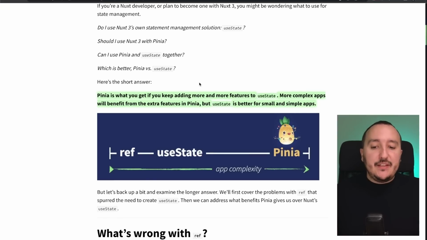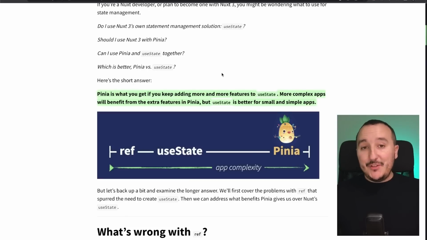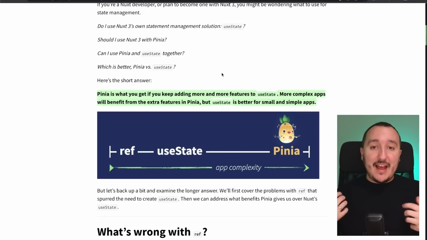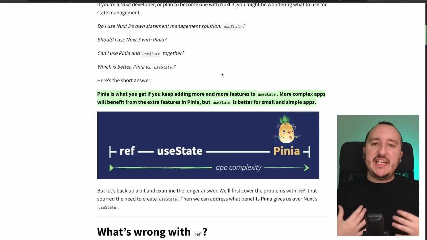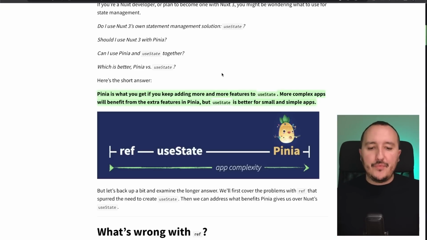Pinia is what you get if you keep adding more and more features to useState. More complex apps will benefit from the extra features in Pinia, but useState is better for small and simple apps. This is the short answer, and I think everything is said there. If you have a big application and your state is heavier, you should use a state manager like Pinia. Otherwise, if you have a small application,